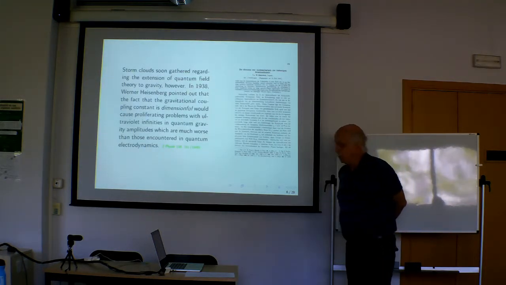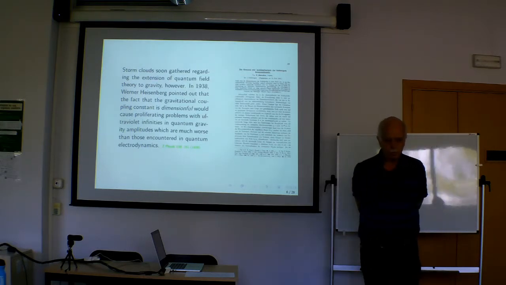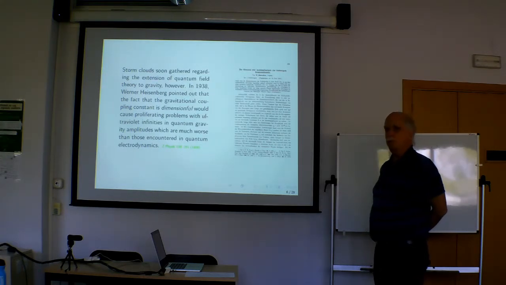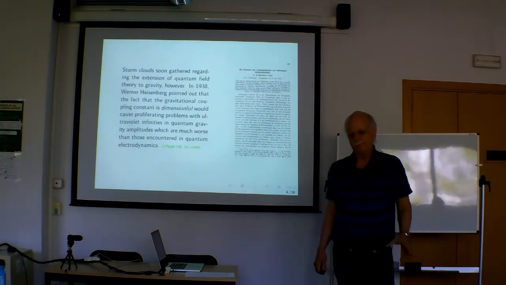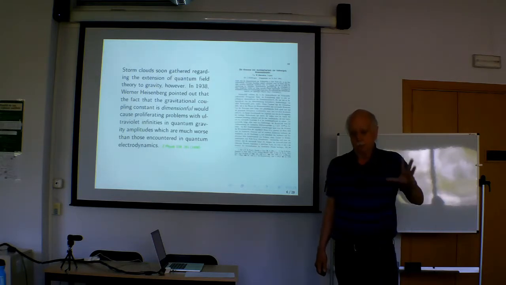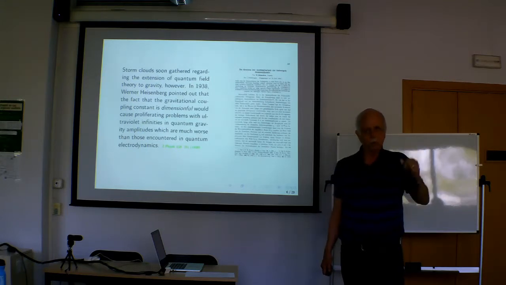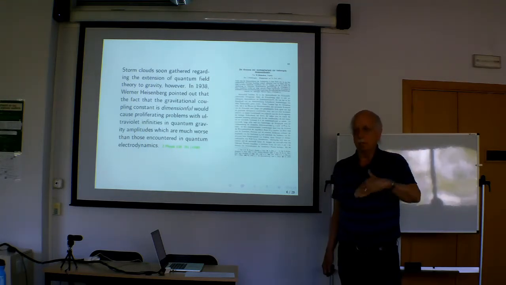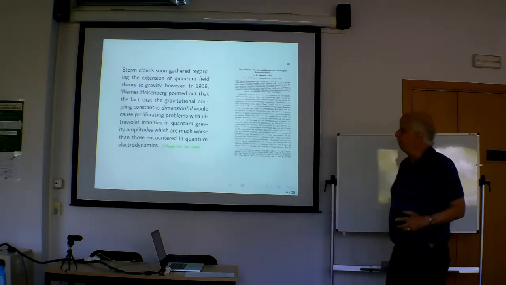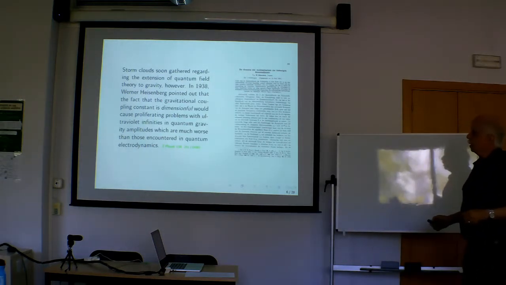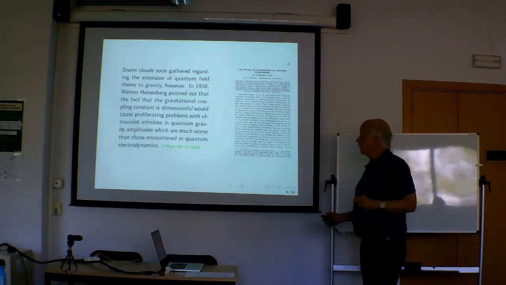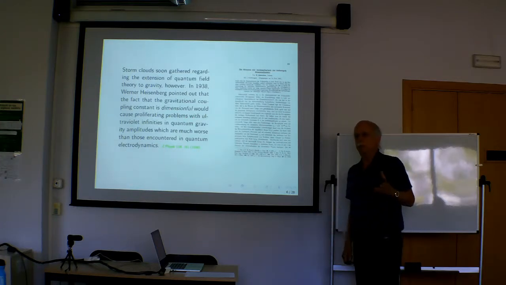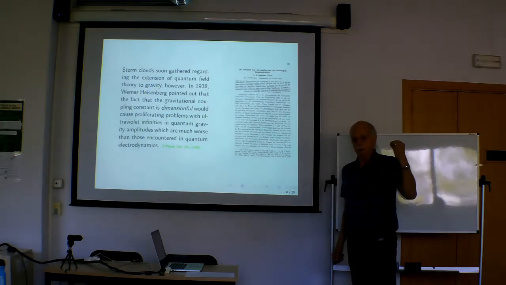Then, about a decade later, Werner Heisenberg started to raise a problem about the application of quantum techniques to gravity. Of course, in the meantime, handling the problems of infinities in quantum electrodynamics was making its way forward, not totally satisfactorily, but people could sort of deal with it. But Heisenberg pointed out that if you're going to look at gravity, you're going to have a much more serious problem. The key problem is Newton's constant, that it's dimensionful, as opposed to the fine structure constant